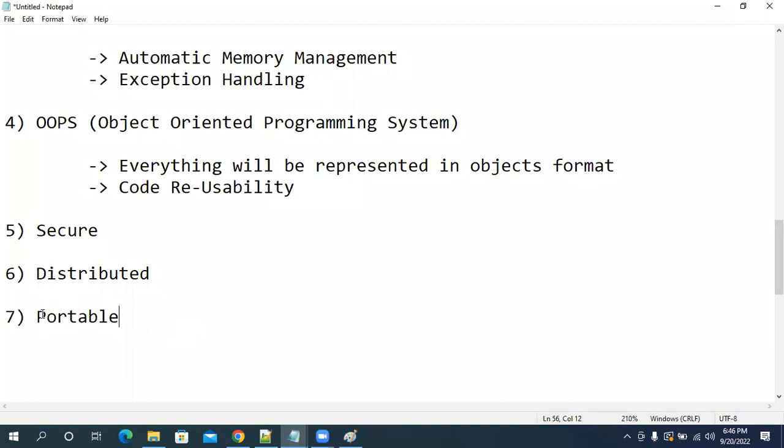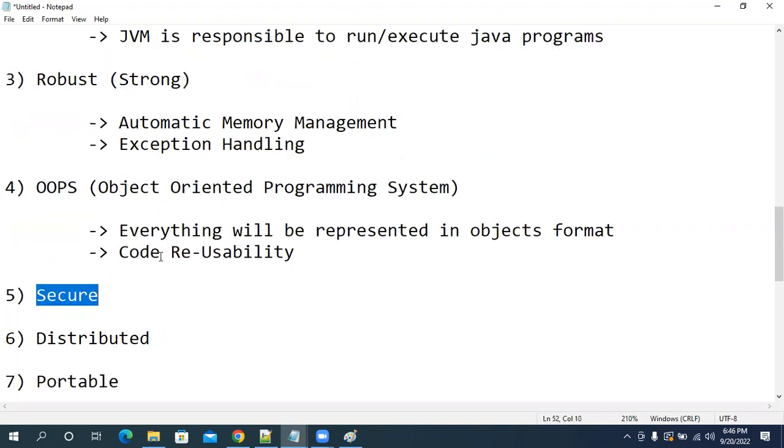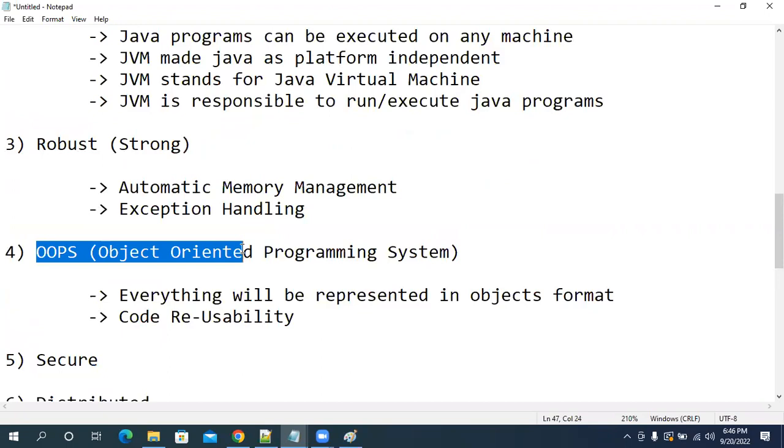So Java is portable and Java is distributed. Java is secure. Java supports OOPS. Don't say Java is OOPS; Java supports OOPS, the OOPS principles. Now, what are the principles available in OOPS?